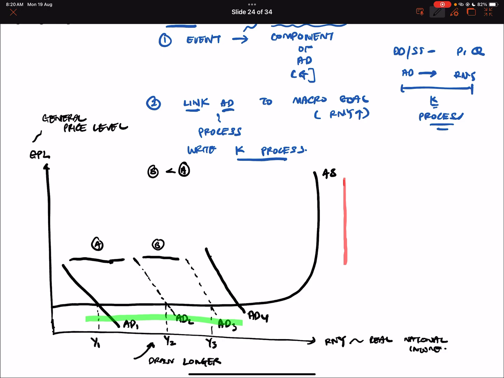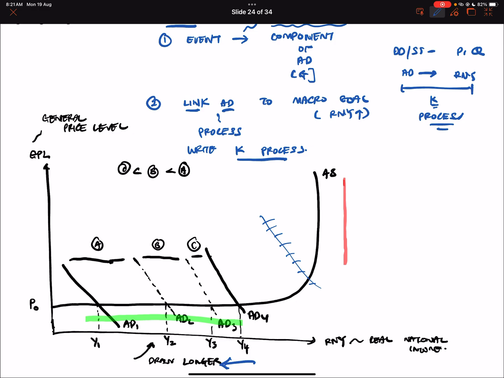Then you can see again, C is less than B. And then finally we end off at Y4 here. In between, the shifts, you can put in dashed, but the terminal one you put in solid. Then we label, just keep the prices constant at P0. I don't like students who draw it all the way until they hit the change in prices. I prefer that you don't do that. Just keep everything on the same horizontal line and draw the line longer. So that's what you have for the multiplier process.